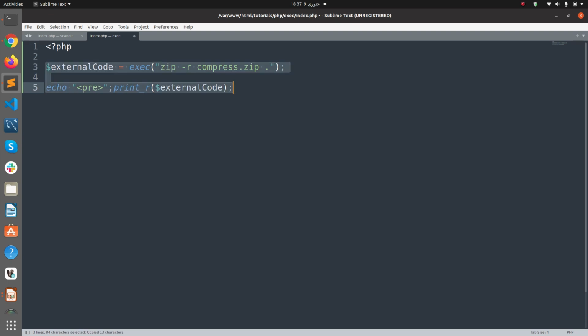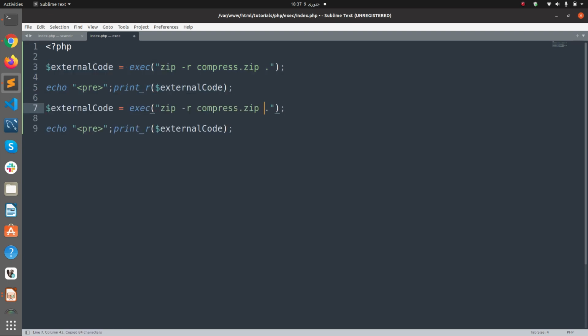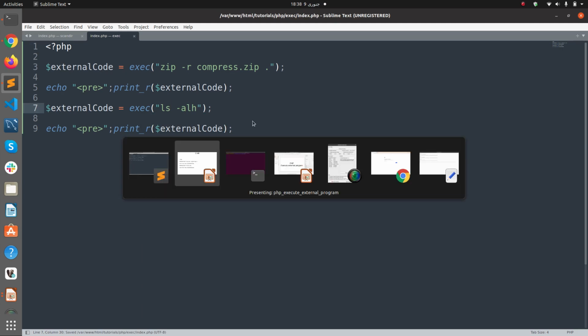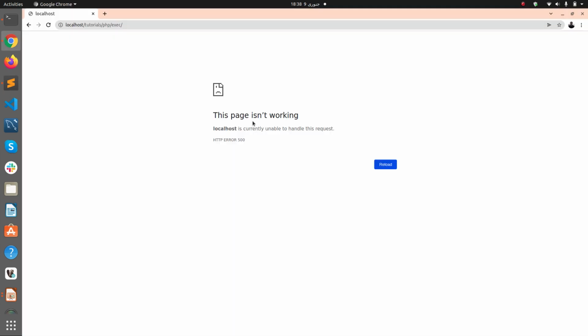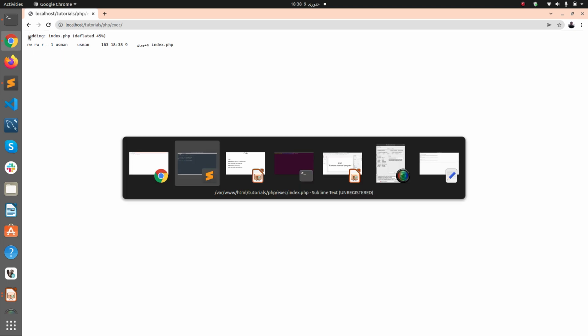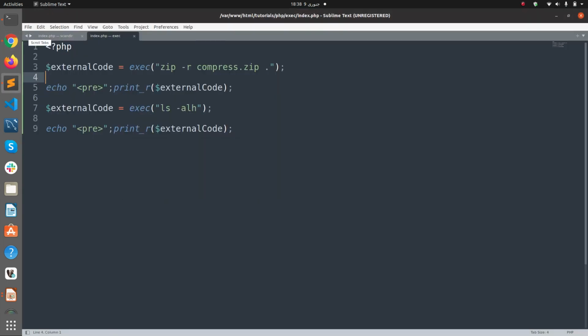here. Similarly, we are going to repeat this, but this time we are going to see the directory contents. ls -alh will return us the directory contents. Now if we will go to the browser and run this, you see the first command of compression, this one,